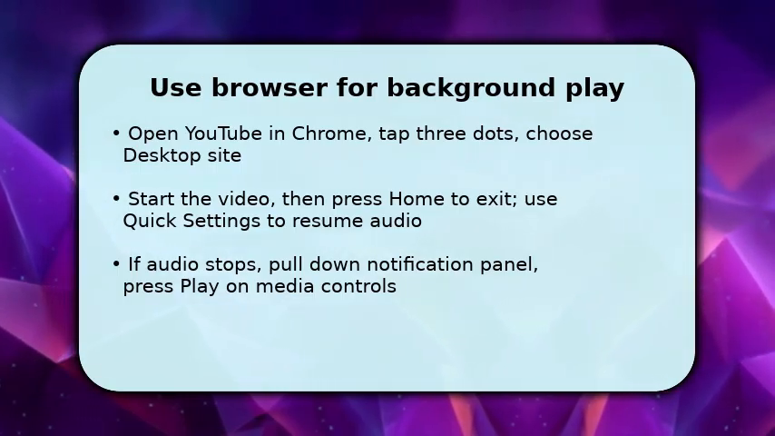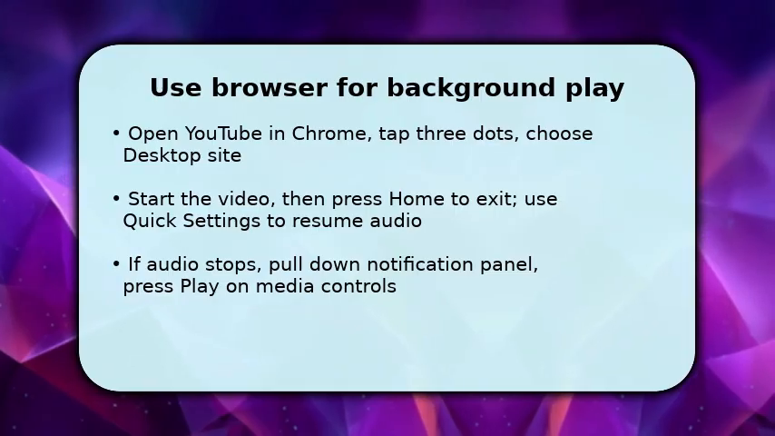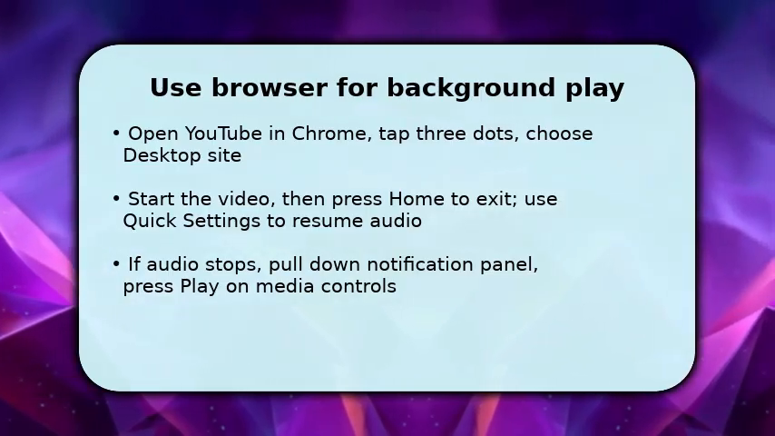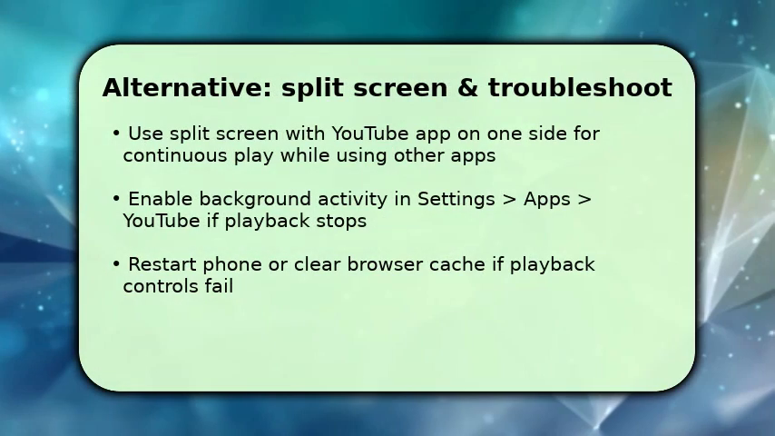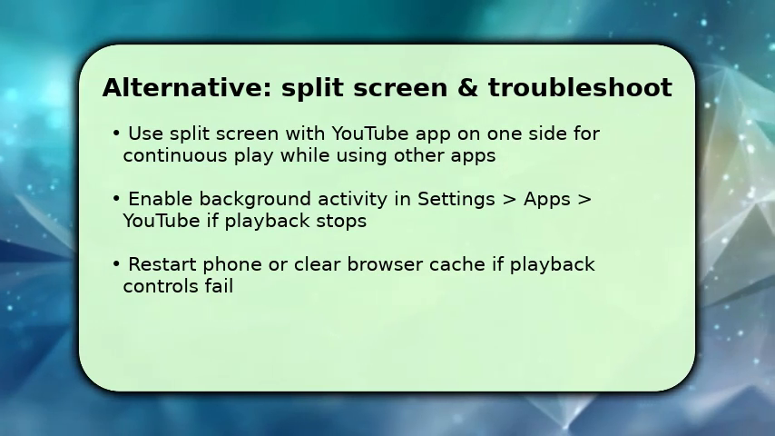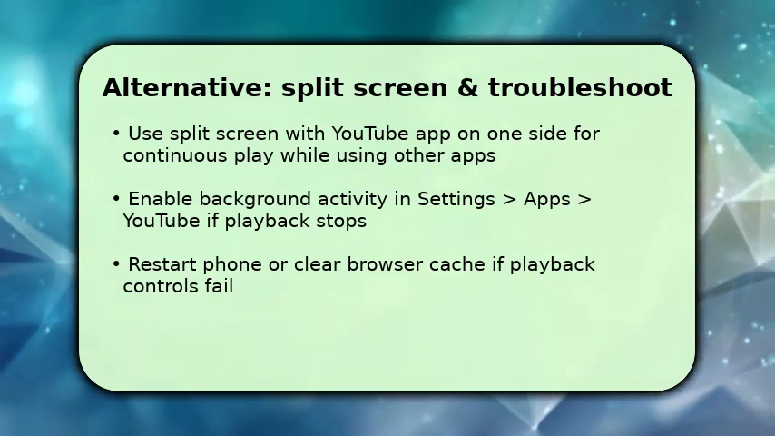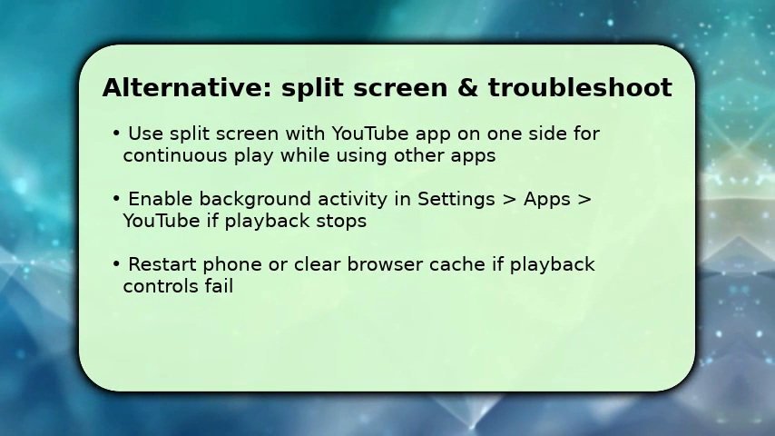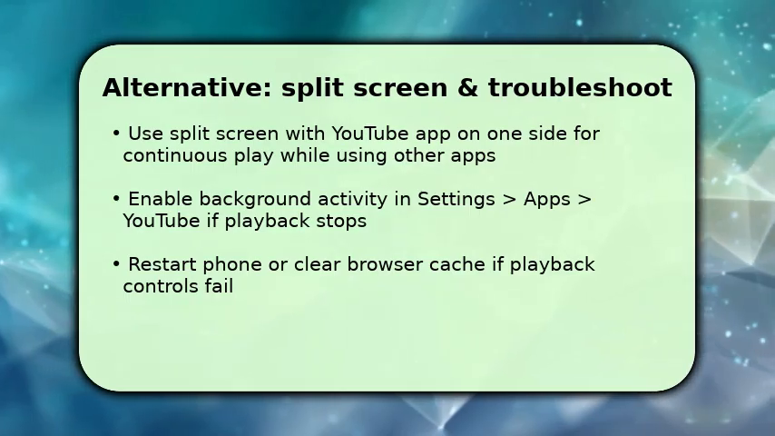Set Chrome to not optimize in battery settings. For a simpler alternative, open YouTube and activate split screen. Drag the app from recent apps into split view and use another app on the other half. Video keeps playing. If playback drops, go to Settings, Apps, YouTube, or your browser and allow background activity so Android